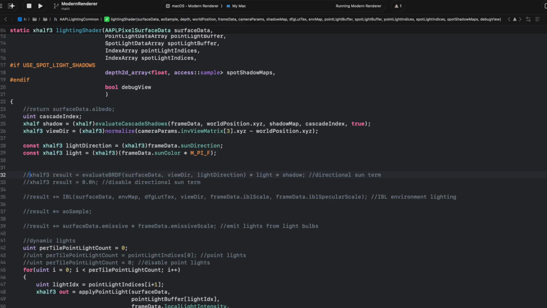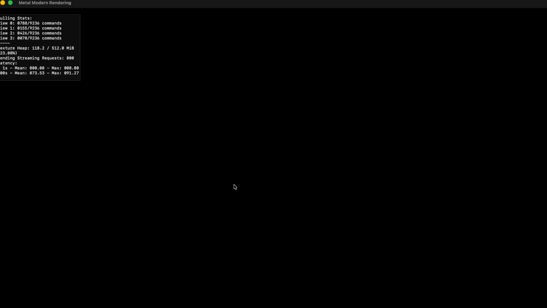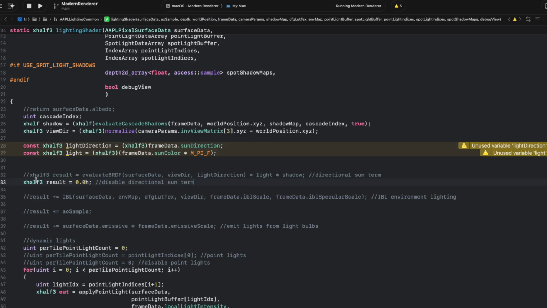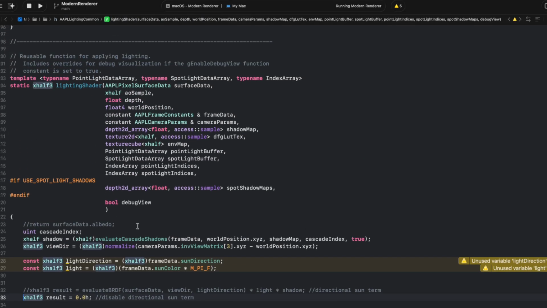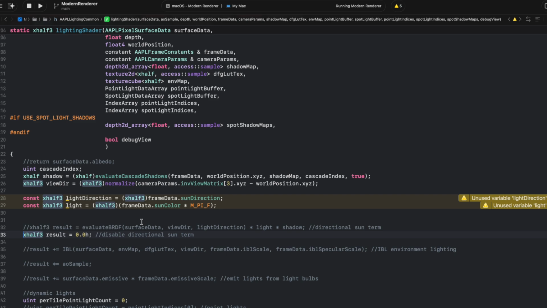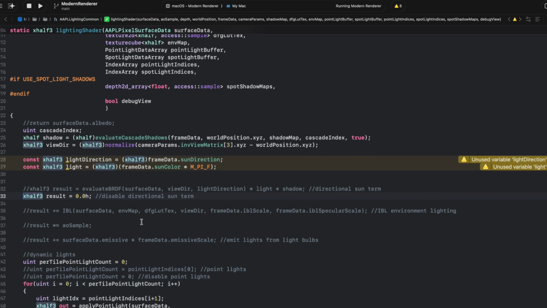So obviously if we take back out the term and we run again, right, we basically get pitch black, okay? So we don't have any lighting whatsoever at all, okay? So that is our directional sun term situation. Let's now move on to, and again, it's all part of the lighting shader function, right? So we're taking all this stuff and then we're doing processing with it. Let us move on to